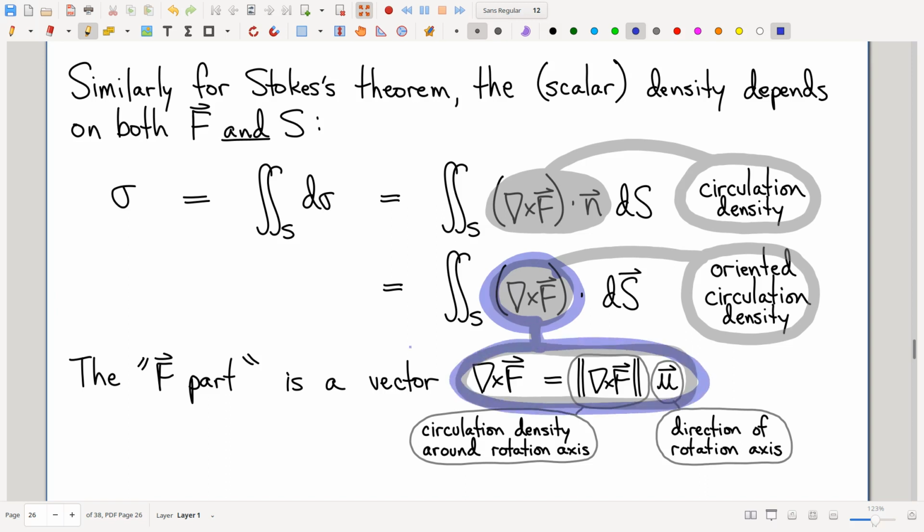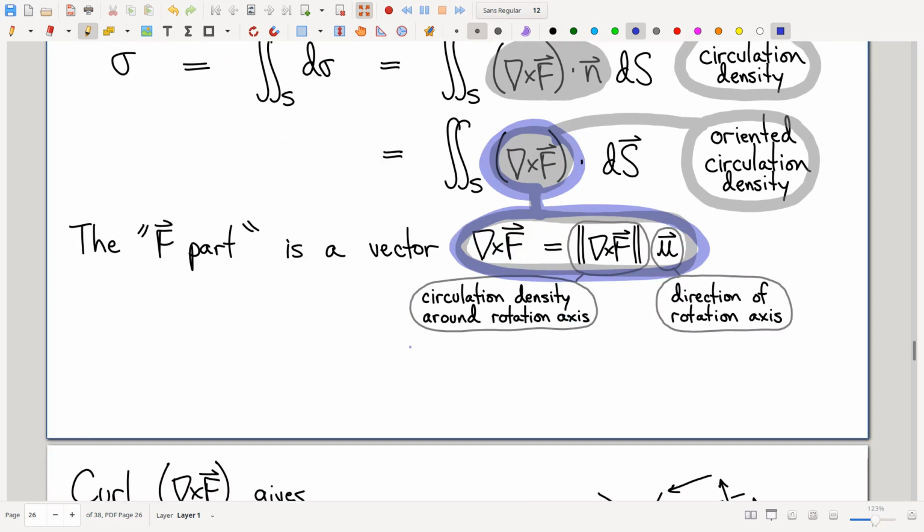again, if you break it down as a vector and look at its magnitude and its direction, this actually works really well because the magnitude of the curl does indeed tell us how much of a rotation is happening in the fluid. That's what the magnitude is, a scalar absolute measurement of how much the fluid is rotating in a general area. And the direction that it's pointing tells you around what axis that circulation is happening.